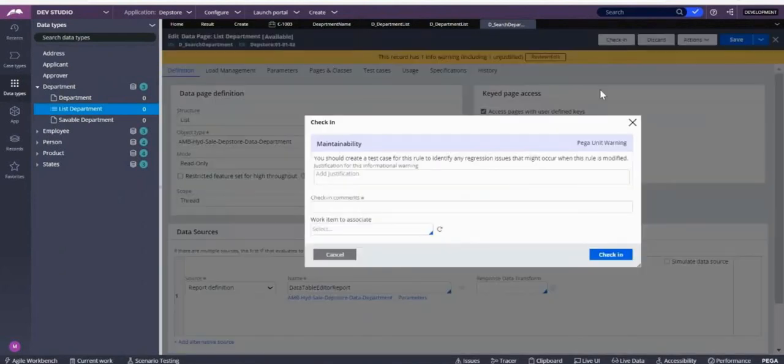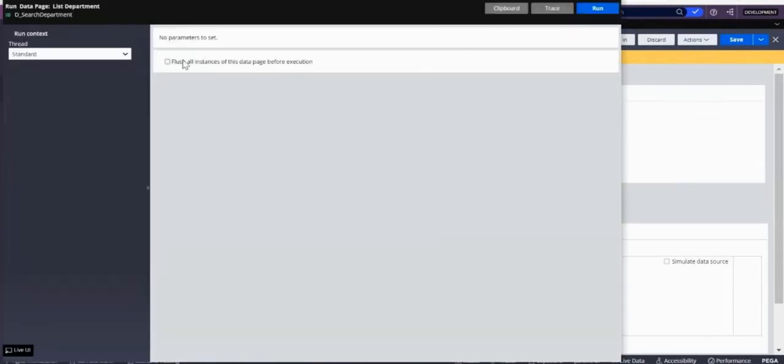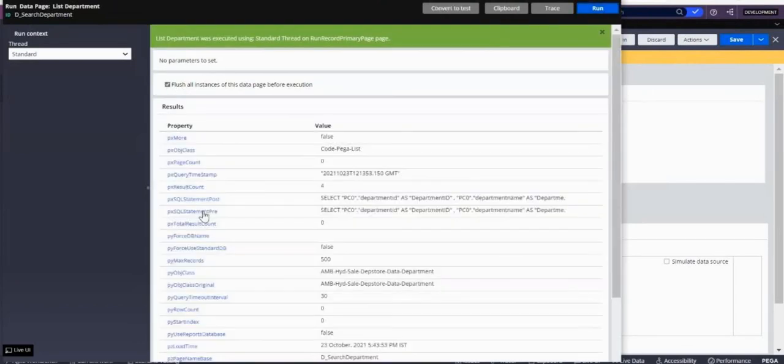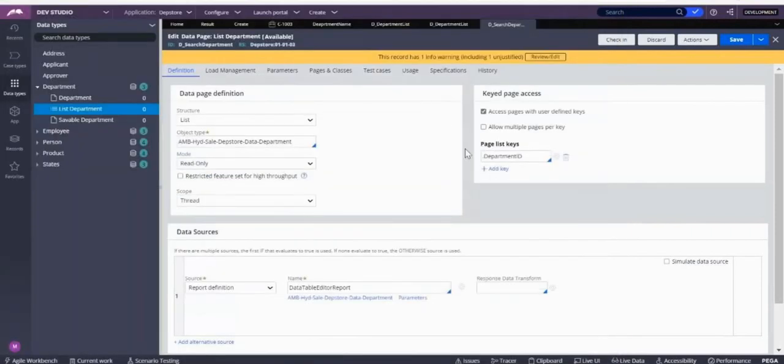That means whenever you run this, even though you provided a key, it will give you all the records. It won't ever provide you one record, it provides all records. From that it will check whether this department ID is available or not, and based on that it will throw you the output.